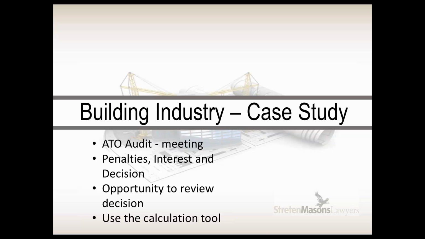After those submissions were made, the ATO came back. After considering all the objections, they accepted all of those, and it put the construction company in a position where those 10 carpenters were classed as independent contractors. So the moral of the story is, if you are speaking to any clients and they're faced with an ATO audit, that's the time to seek some professional advice about what to include and what submissions can be made, because the financial consequences can be quite severe.